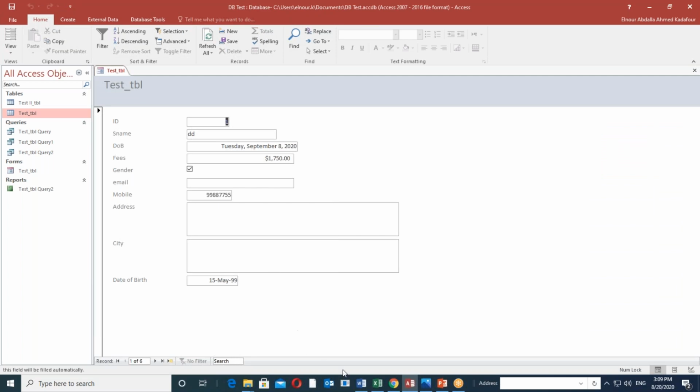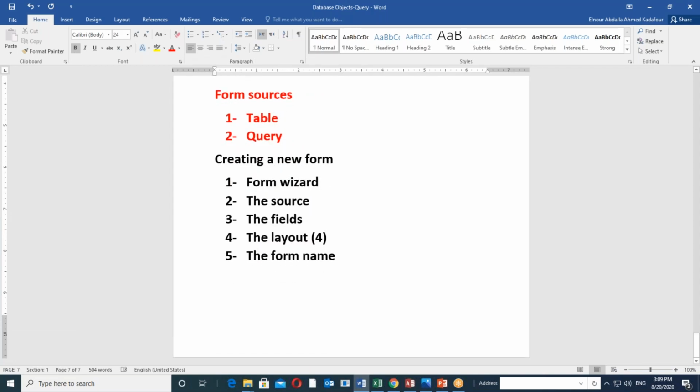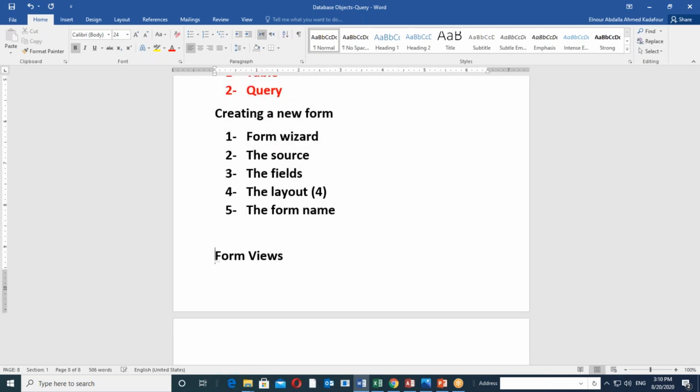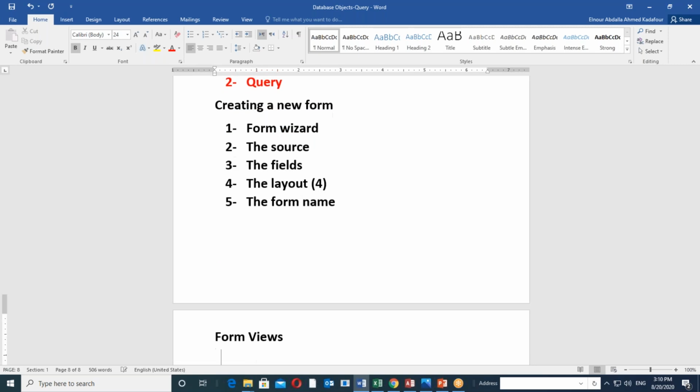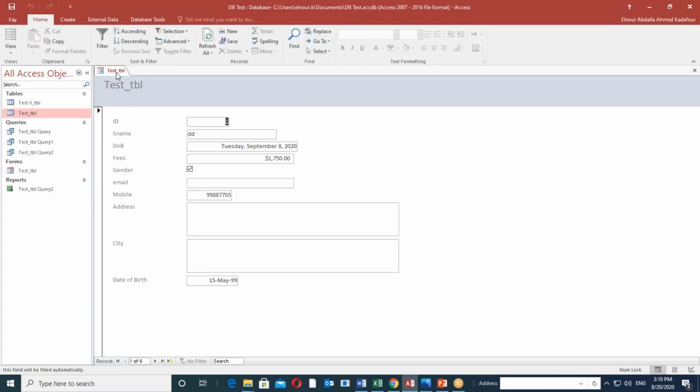Plus, now what we need is to move between our views. So the point over here, form views. كما شفنا في الtable we have 2 views. In queries we have 3. Right now we should have many as well. So simply to move between the views, right click